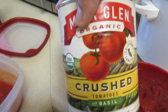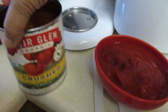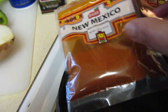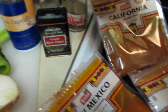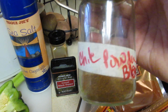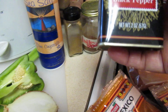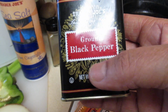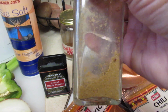Make sure you remove them. And then about a cup of this, if you don't have tomato sauce, you could use this crushed tomatoes, and that's fine. And then probably about a tablespoon of each. New Mexico chili powder, California, and then just a teaspoon of the chili powder blend I find at a local co-op store. About maybe a quarter to a half a teaspoon of black pepper, and some cumino, about a half